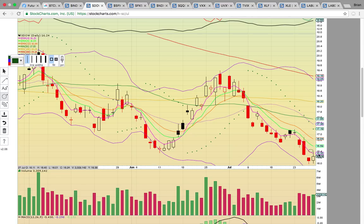It's all about breaking EMA4 at 16.35. As long as the candles are forming below EMA4, the bears are still strong, and in this case the bulls, the Dow Jones bulls are still strong, and so this bear ETF would still continue heading lower. Now if it gets above EMA4, then it's going to be all about breaking EMA8 here. You can see, 2 weeks ago it hit that EMA level and pulled back, and so we'll be watching SDOW this week to see if it heats up, if the